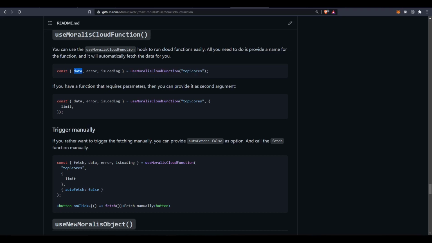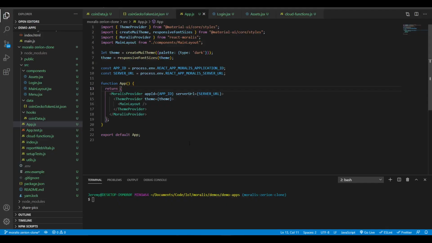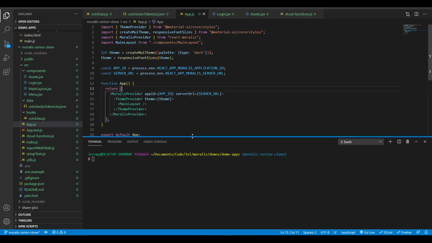And the hook will just take care of all the details for us. So this makes things a lot faster. We can get up and going pretty quickly. So if we jump back into the code here, the first thing we want to do is, I've already set